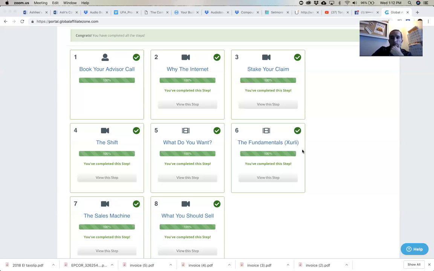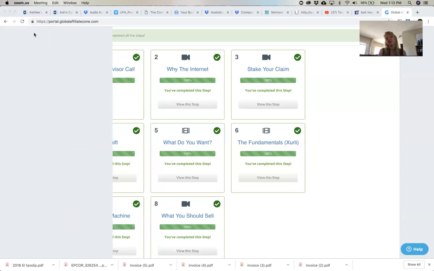Oh, got it. Okay. And the other thing that's offered in Zerly is something called an SSL certificate. As you can see up here in the search engine, it's got that little lock. An SSL certificate just means that your website is secure. If you have any personal information on your website, or any spots for customers to put their name and email or credit card information, or if you're selling products directly, and you don't have this SSL certificate, Google is going to label your website as not secure.